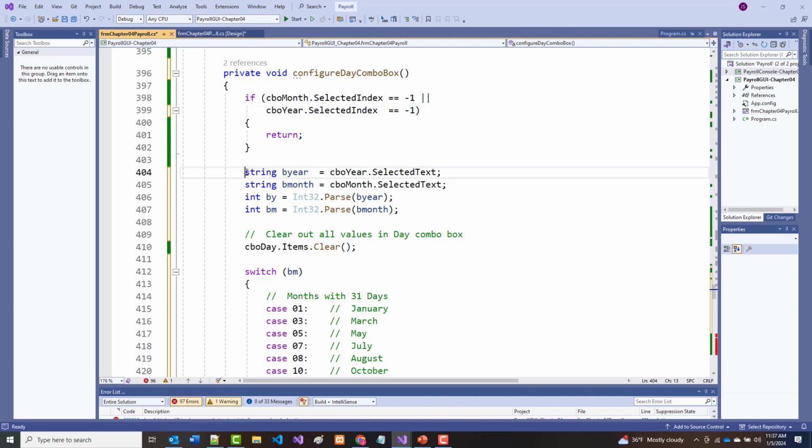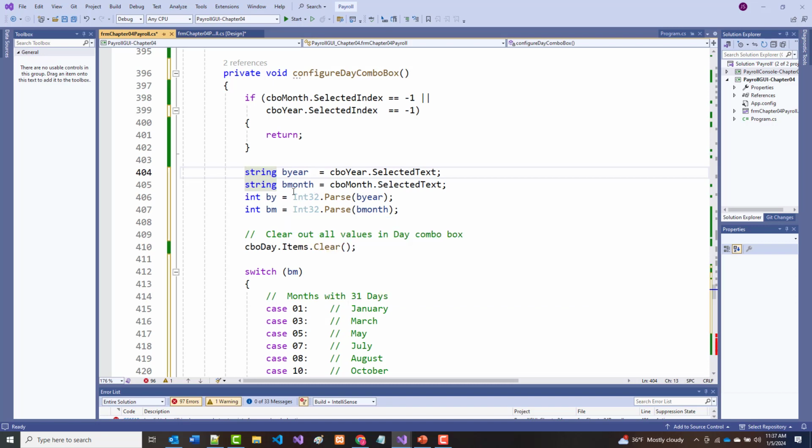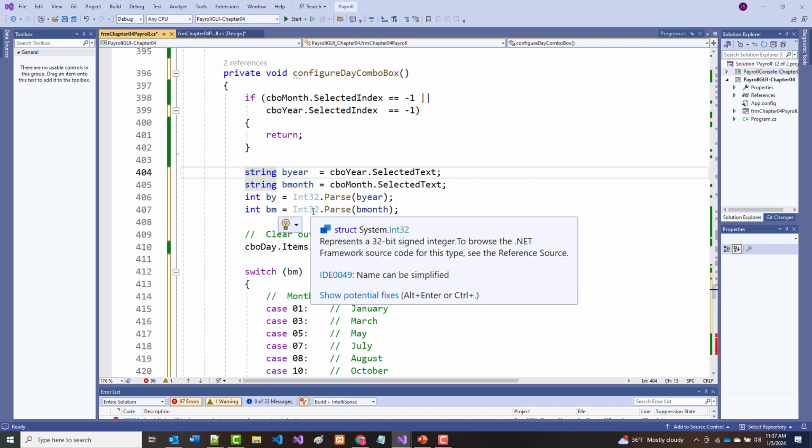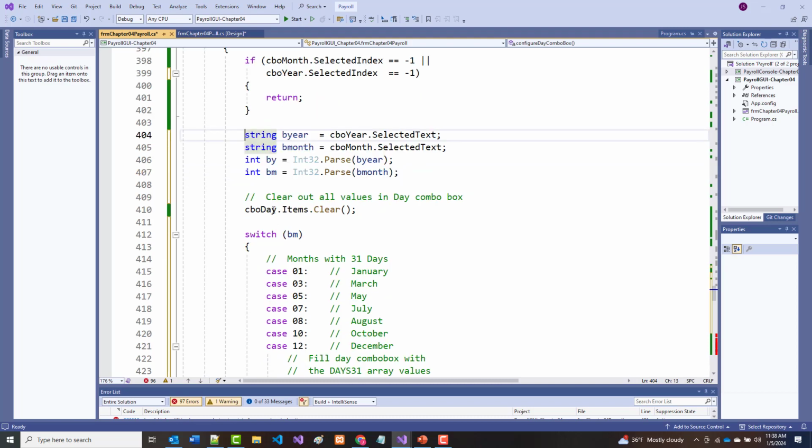All right, so if we get down to here, they both had values in them. The birth year is going to be whatever value was in there for the year, and the month, whatever value is in there for the month. And then we turn them into integers, clear out the day